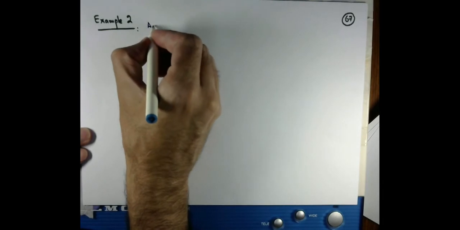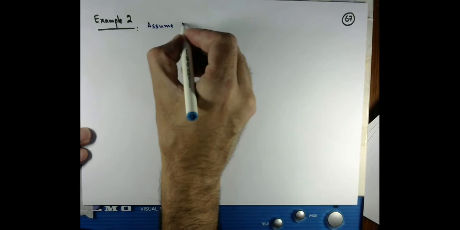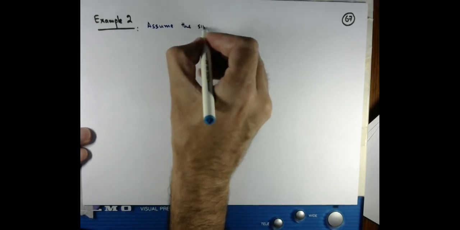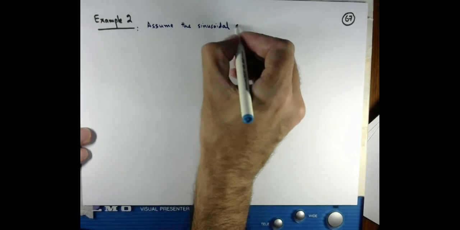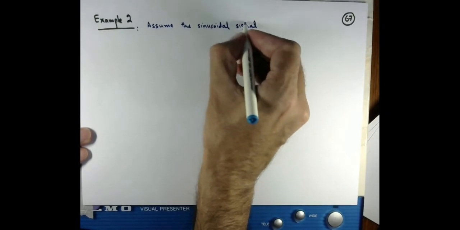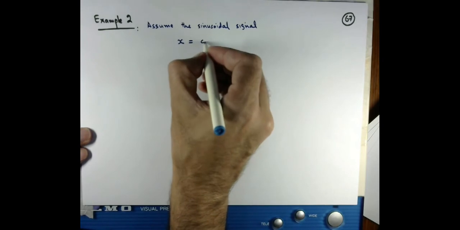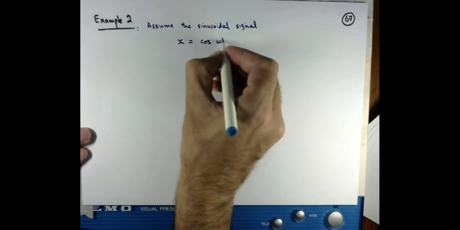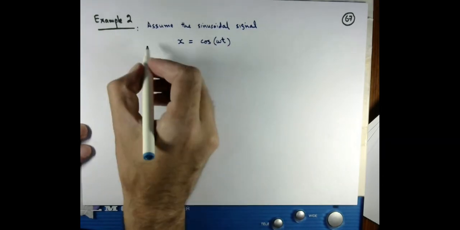So we assume the sinusoidal signal x, which is given as cos omega t. T is simply time, omega is the frequency,